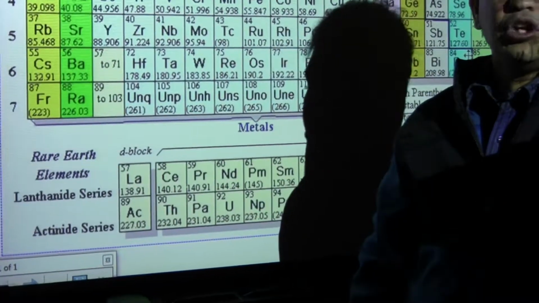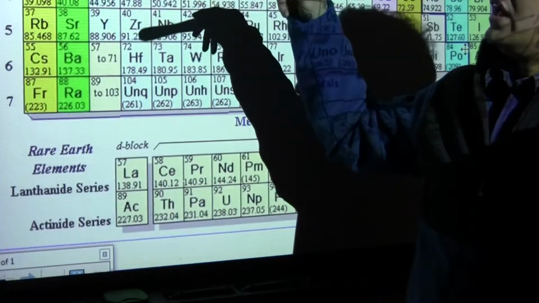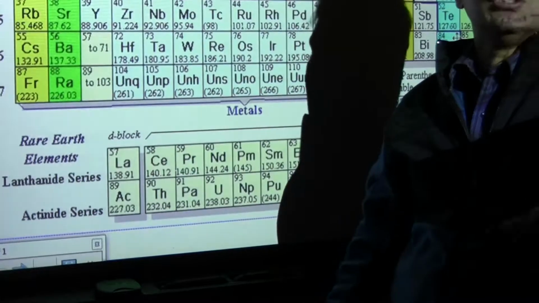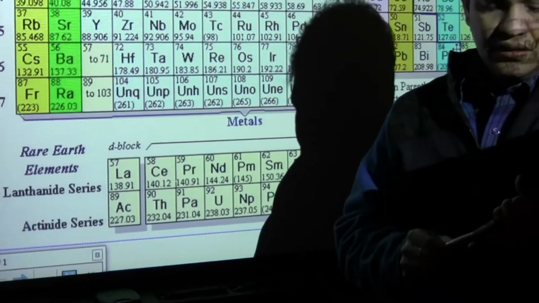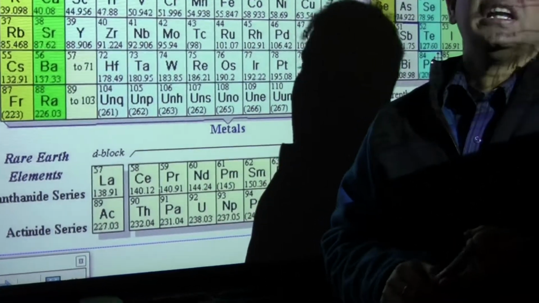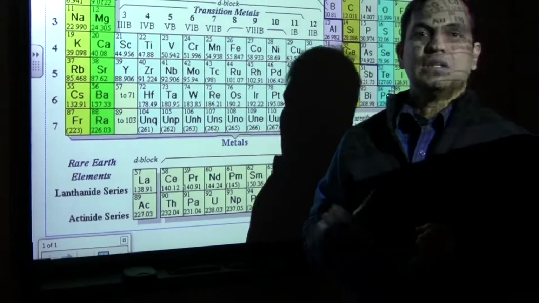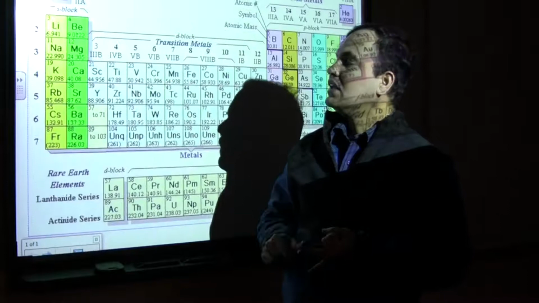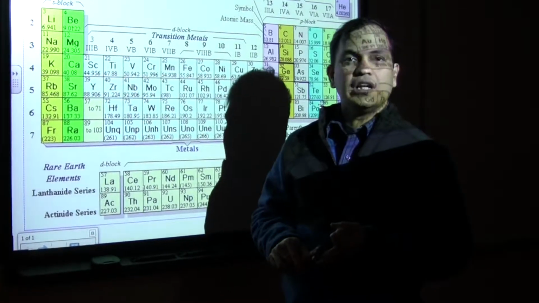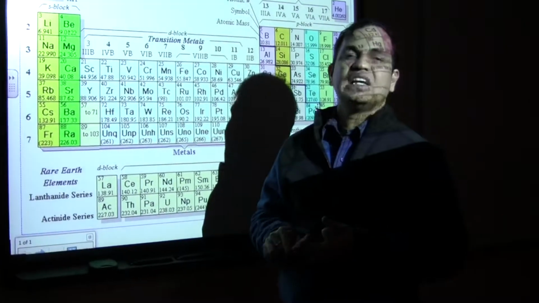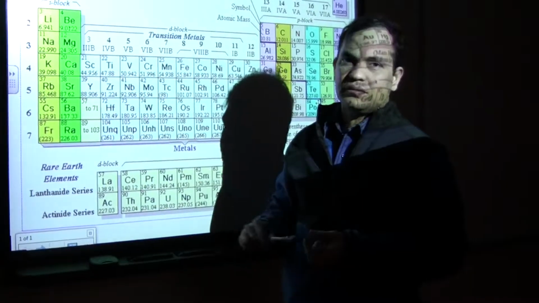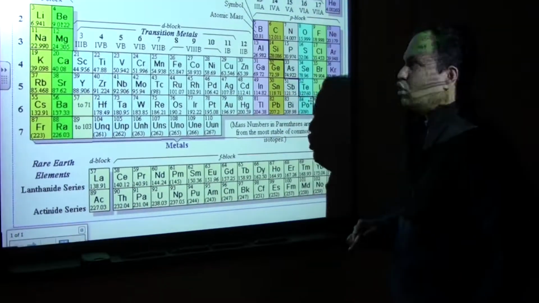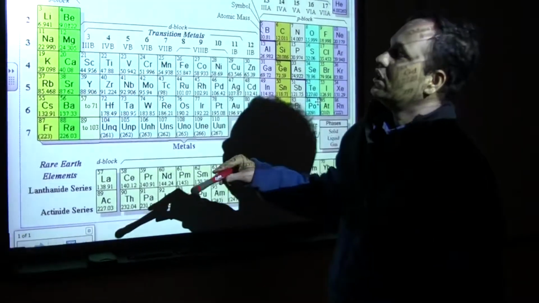So when we talk about the periodic table, what are the things we should know so far? First thing, elements are placed in the increasing order of atomic number, that is the number of protons in the nucleus of that atom. Second thing, there are 18 vertical columns called groups and 7 horizontal rows called periods. And the most important thing we should know about the periodic table is